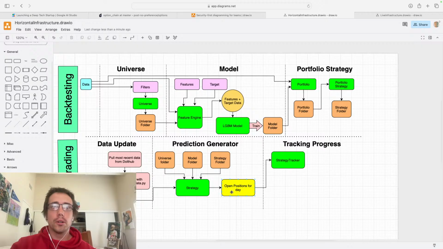So this should output open positions for the day, as well as